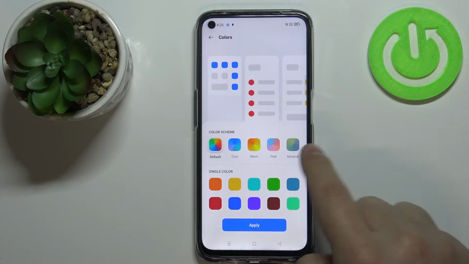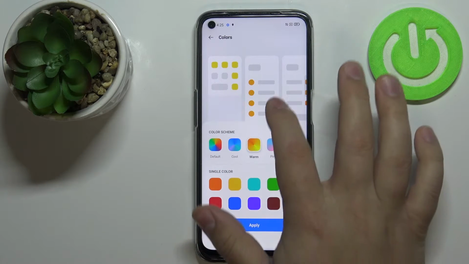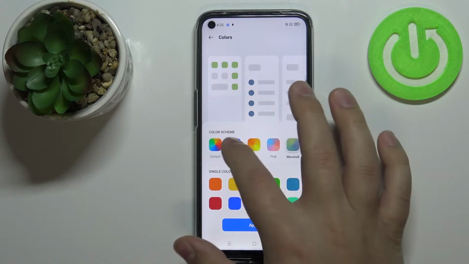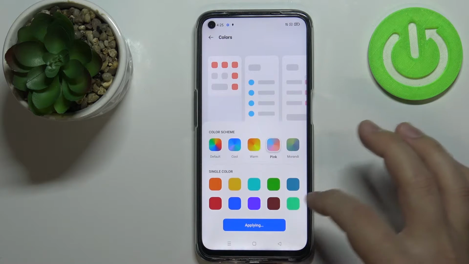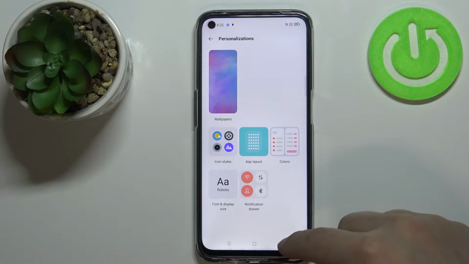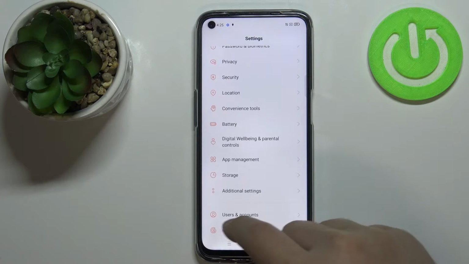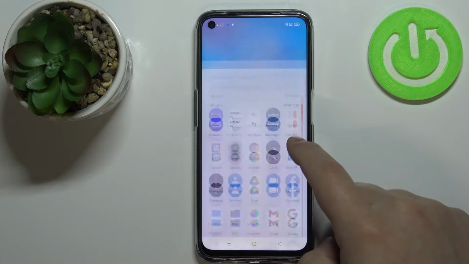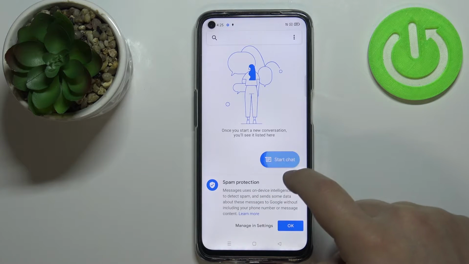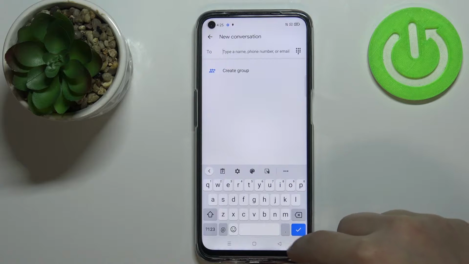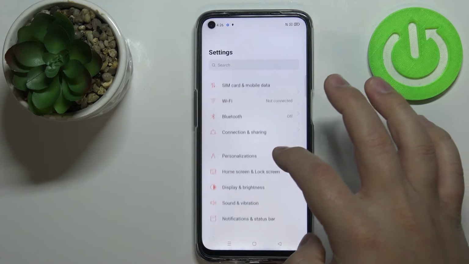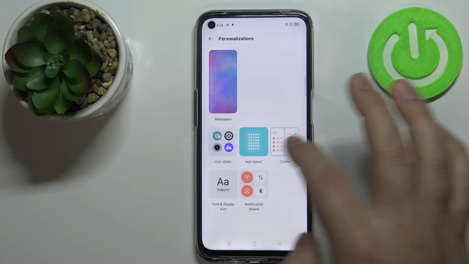We have color schemes. Basically, we have different schemes of colors, so different things will be colored differently. So if I select, for example, pink and apply it, my quick panel will be also in pink. The settings will be in pink, but I believe different things like messages should be colored differently. But I can't show it to you now. But basically, the gist of it is that schemes have more than one color,